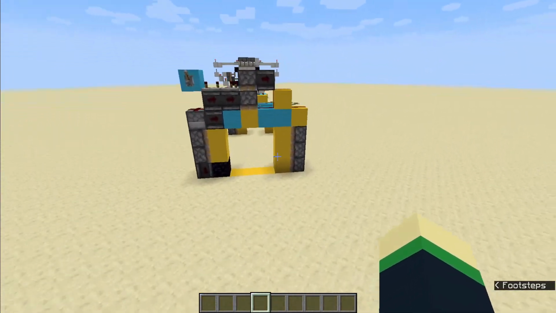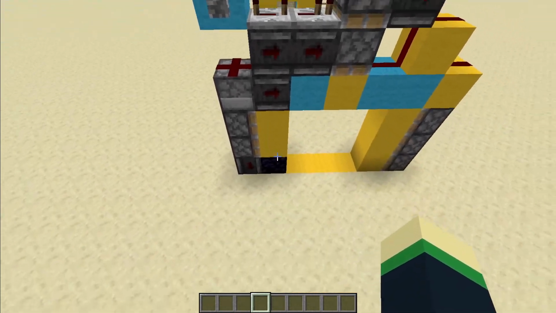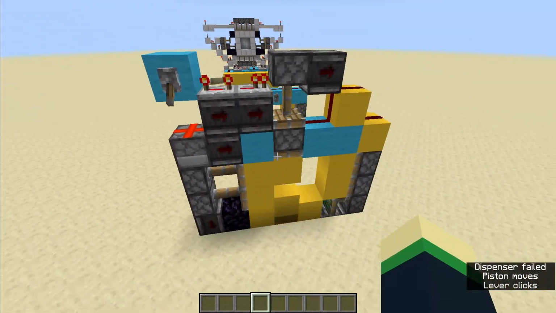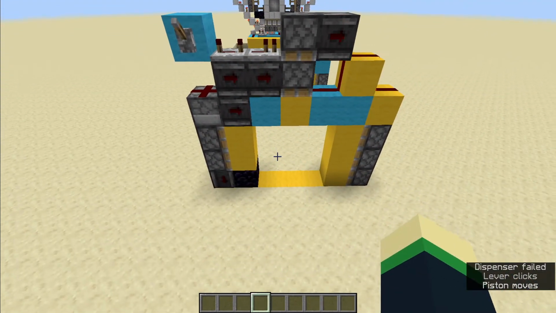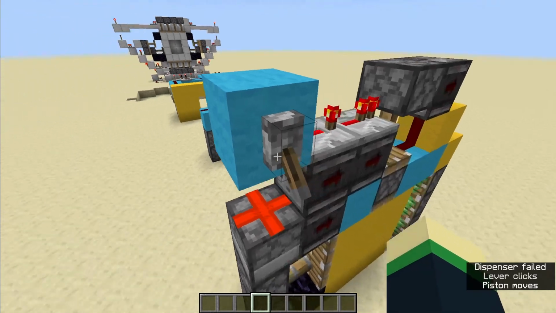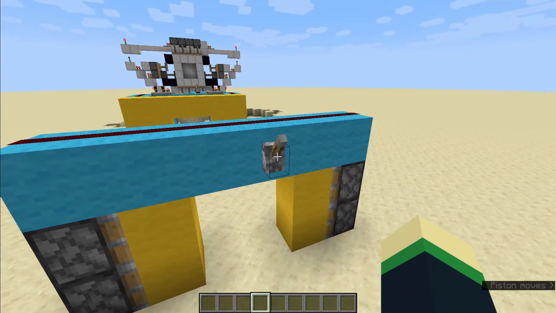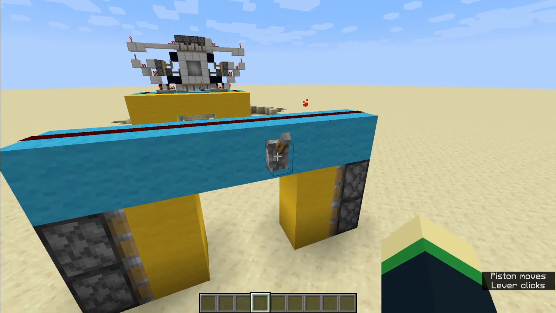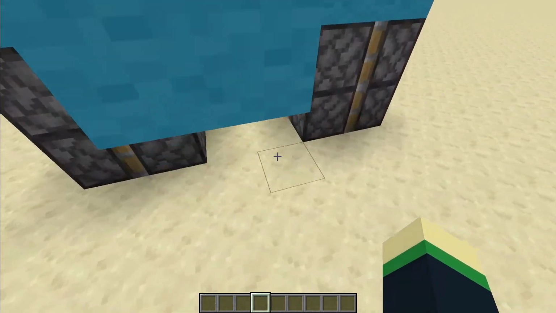And let's move on to this design here, which is the old 3x3 piston door, 1 block wide thing. And boom, it works like a charm. And it works very fast, very simple, and very good. So the next one, simple old piston door. Boom. And then this right here is a 2x2